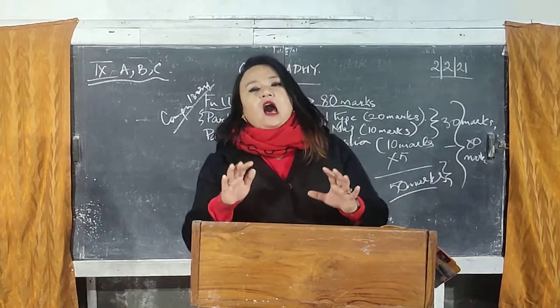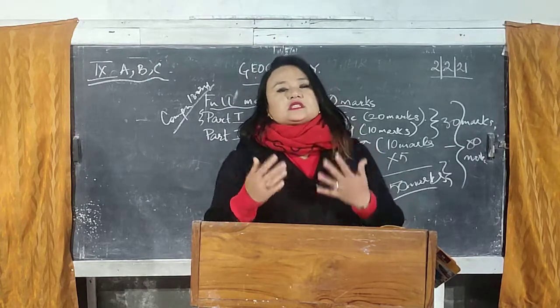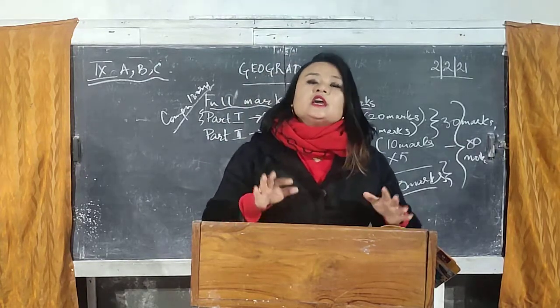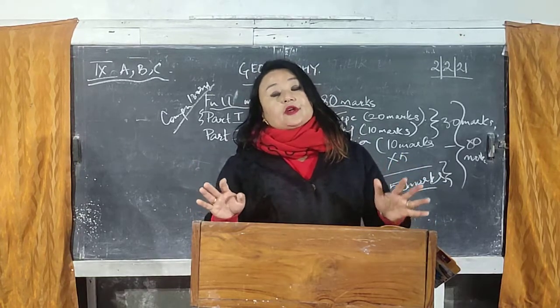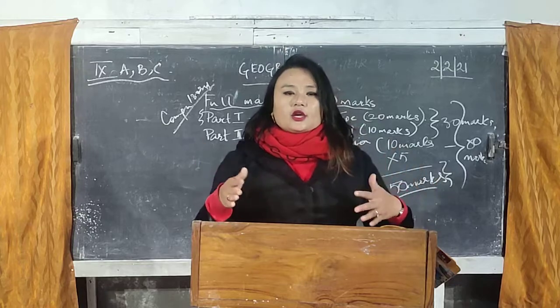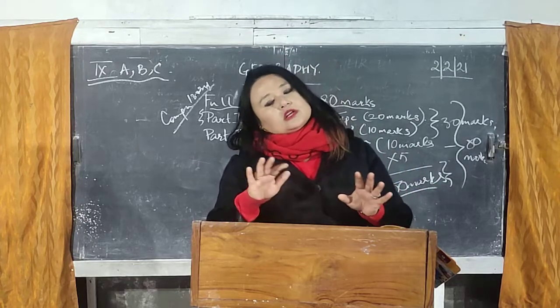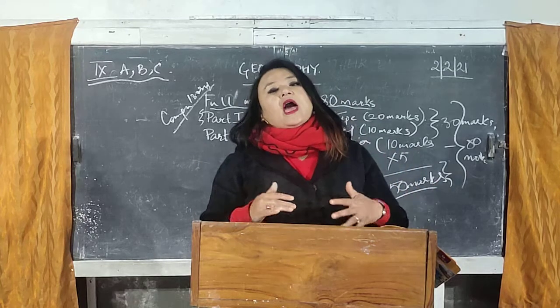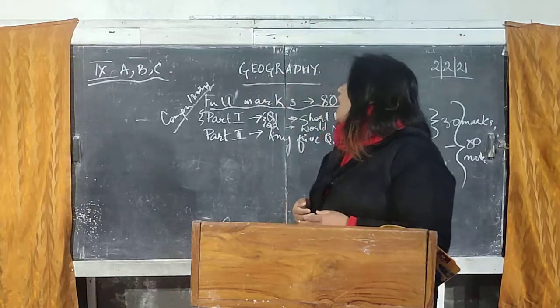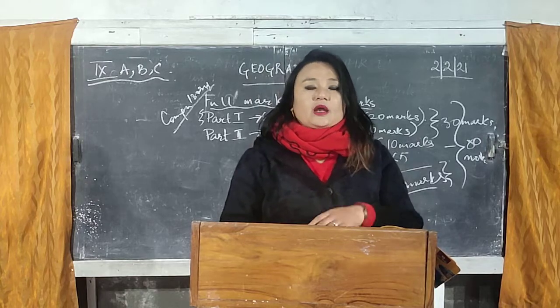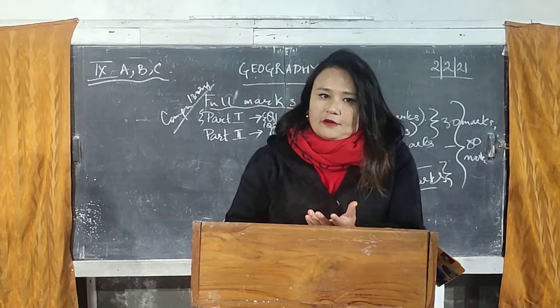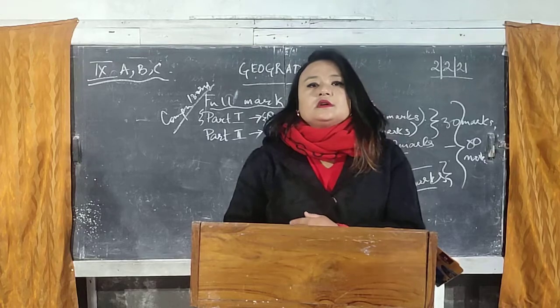So these all are your topics. I've discussed the syllabus here in gist. These all are your chapters under your unit, and under your unit you can see different chapters are there. So all the chapters we will be taking into account, and we will be dealing with our geography syllabus for class 9 2020-21. From my next class I'll be starting with the very first chapter. Is that clear? Thank you.